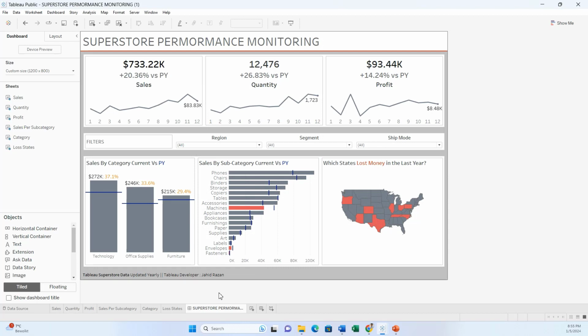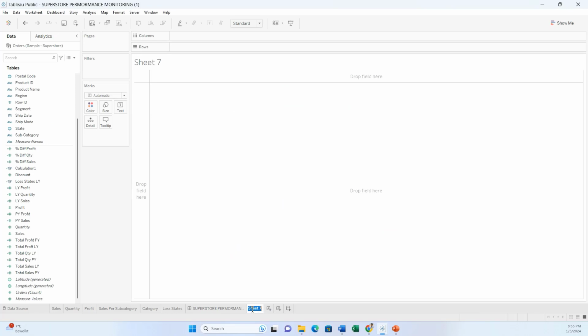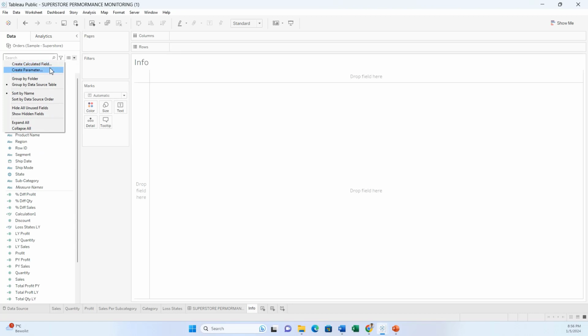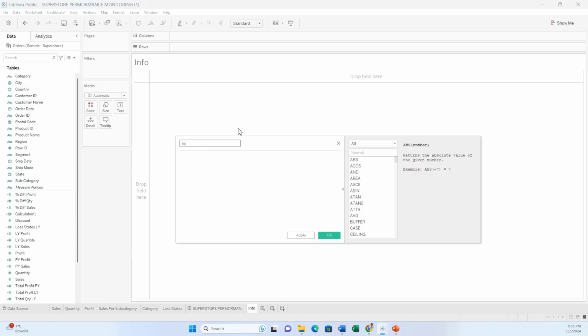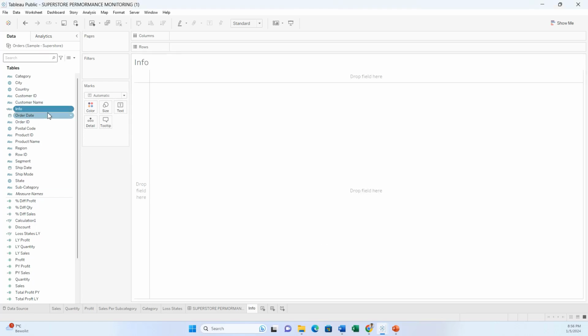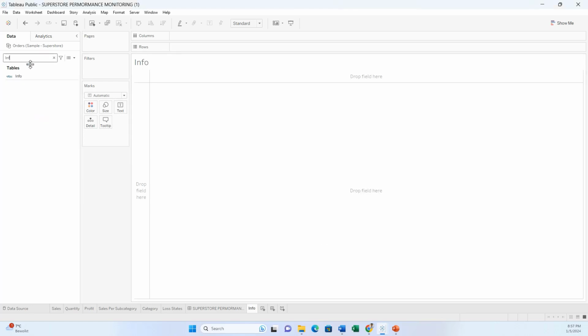Okay, and the only thing that is remaining for us is to add an information button on the top. So let's go and create an information button. To create the information button, we will add a new tab, write it as info. I'll create a new calculated field called info. I'll just type the alphabet i here, lowercase. I'll drag and drop the info field to the label,